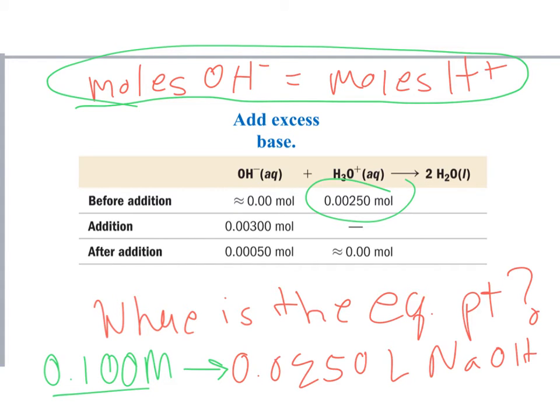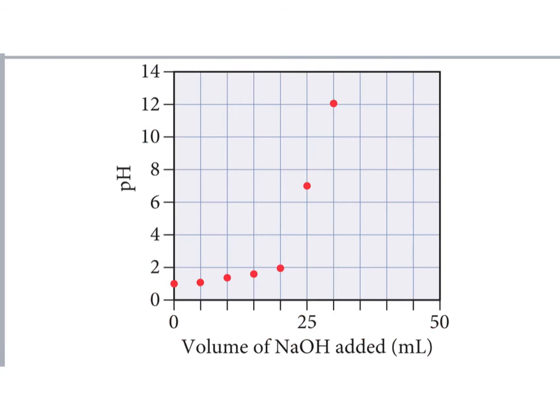Okay? So now this is taking us beyond, right? So instead of this 0.00250, now we're adding 0.00300, right? That's more. And so after the addition, we have what's called an excess of NaOH. So when we consider that excess NaOH, we have a different way of calculating that. Now, what we're doing is we're looking at the pH by saying, okay, that excess was